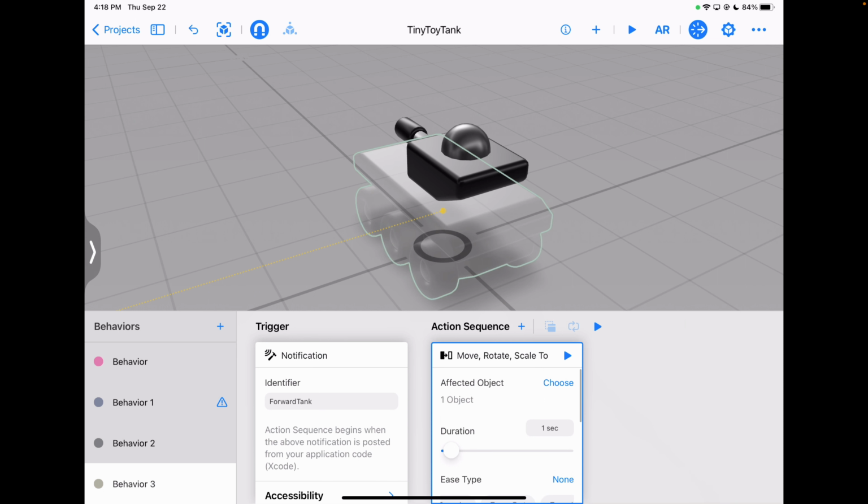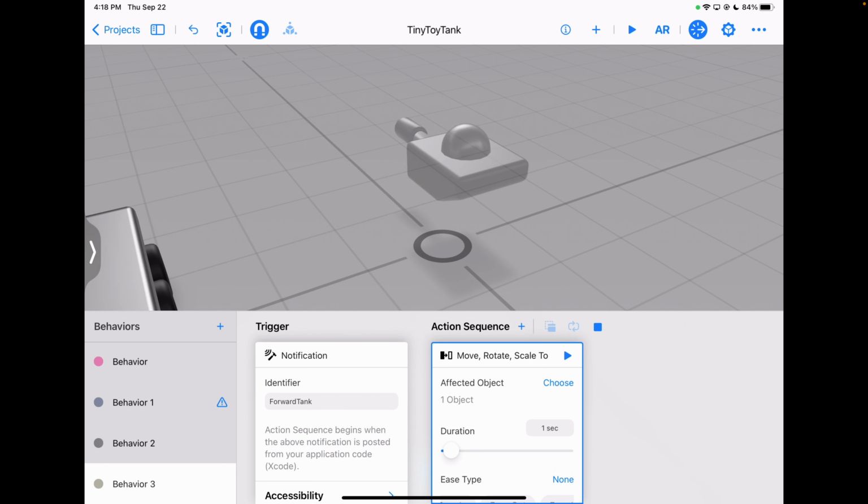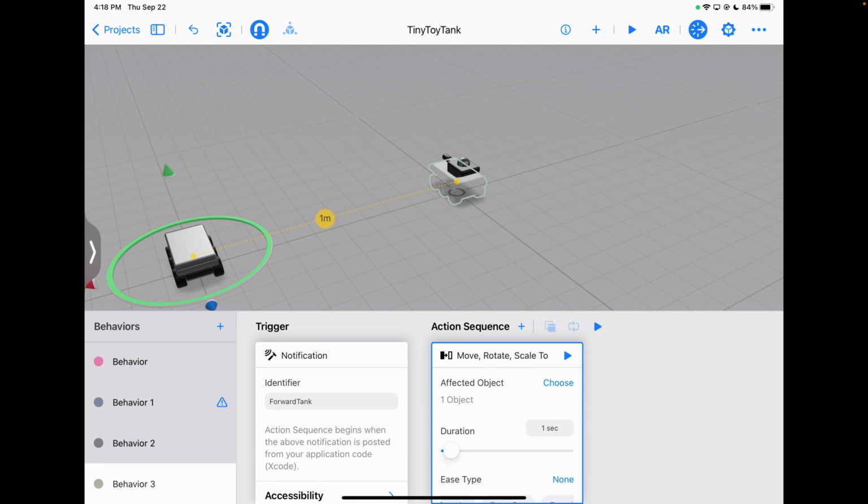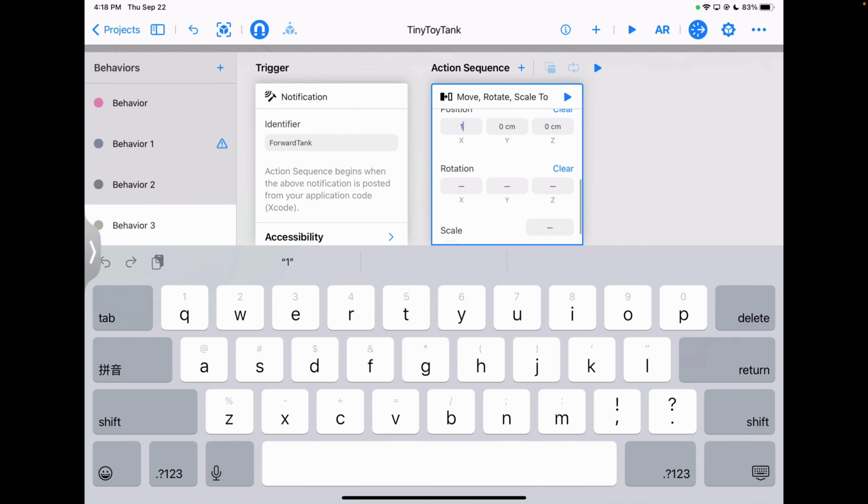I wonder where it is. Modify toward action complete. Custom modification can far emphasize. Oh, it's going the other way. Okay, so you can kind of see it's working, right? So after I have the notification, after the trigger, the tank will move in the X direction for a meter. If I wanted it to move forward, I'm going to change this back to 0, and